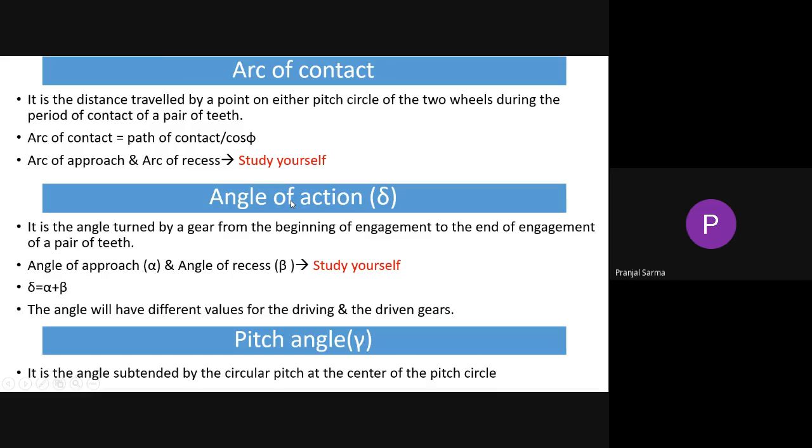Next we have the angle of action, how it can be denoted. Both of these are with respect to this figure. From the beginning of engagement to the end of engagement for a particular pair of teeth, during that engagement,